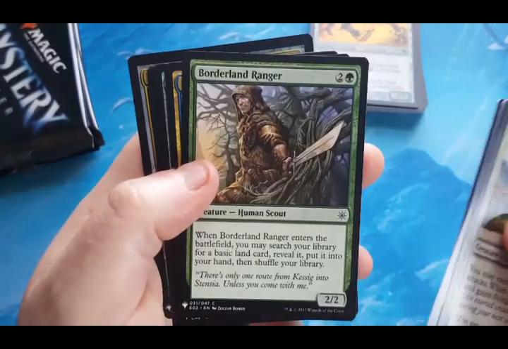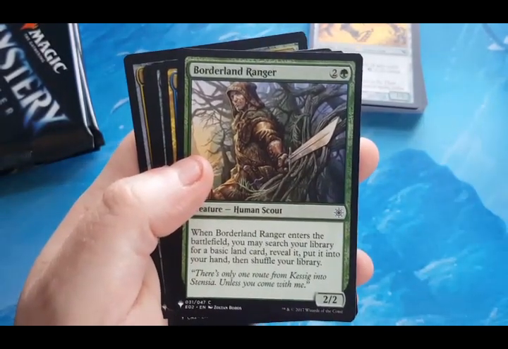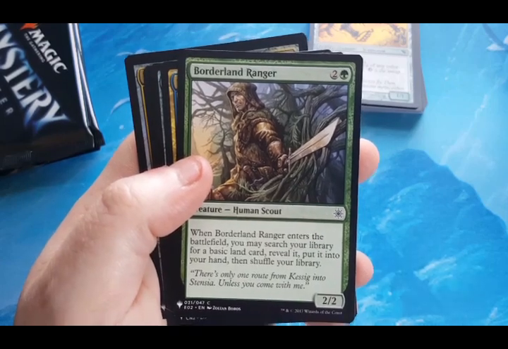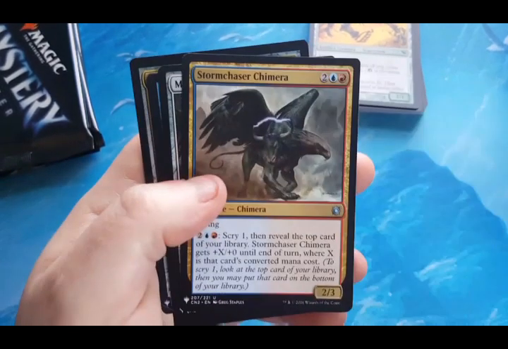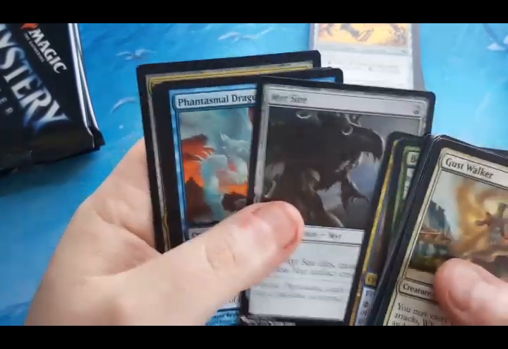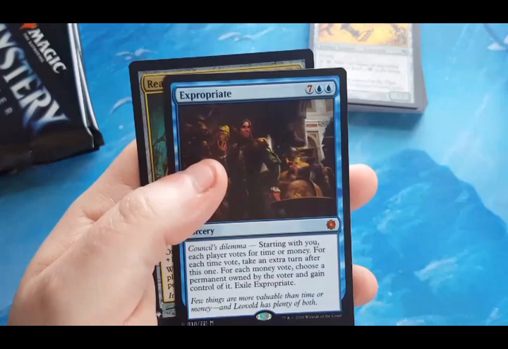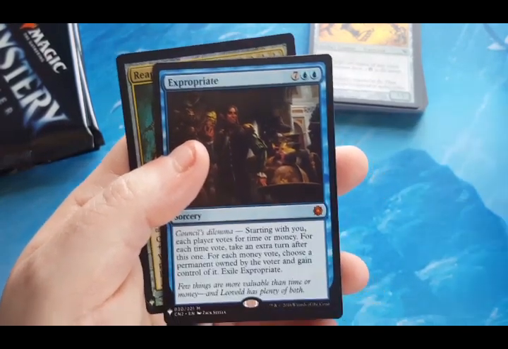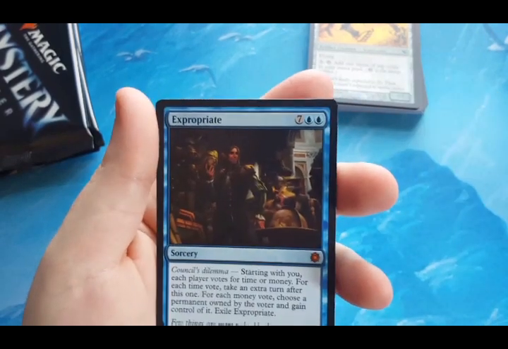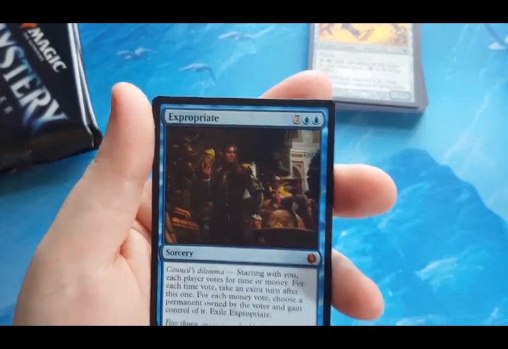Borderland Ranger is a good one. Enters the battlefield, search your library for a basic land card, reveal it and put it into your hand. Storm Chaser Chimera. Mirshire, and Phantasmal Dragon are rare. Oh, interesting. This box gets better and better. I just saw what was behind it too, and I'm super stoked. All right,